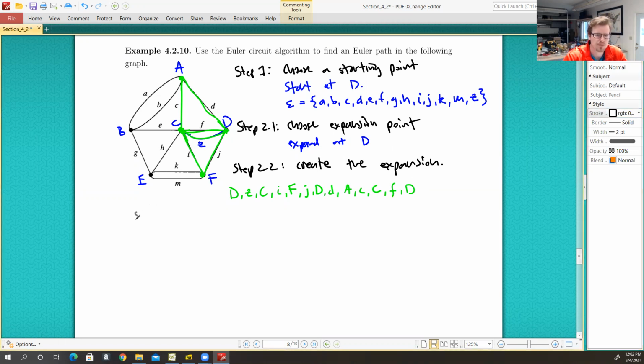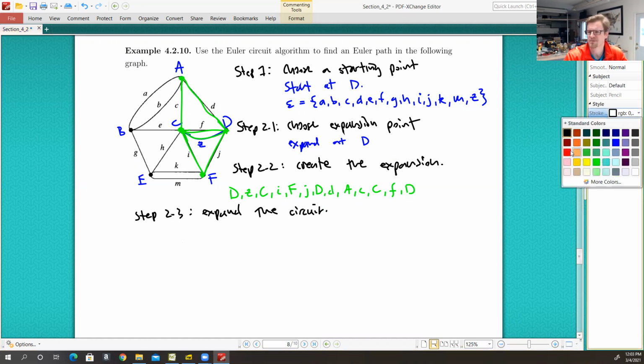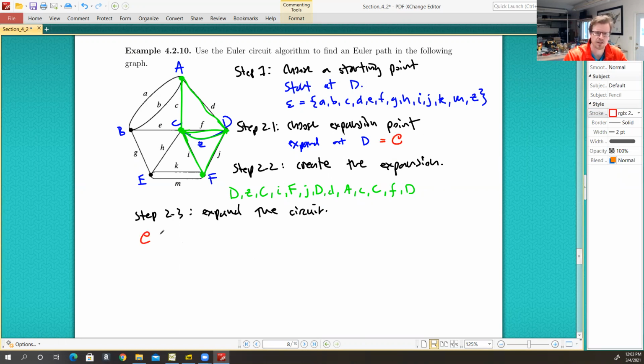So step 2.3 is trivial. As we're progressing through this the first time, we're going to actually expand the circuit. So officially, our circuit is just D right now. This is the expansion. Let's go ahead and replace that one instance of D with the expansion. So our circuit becomes, sometimes you might want to label it with circuit. Okay, so our circuit becomes,